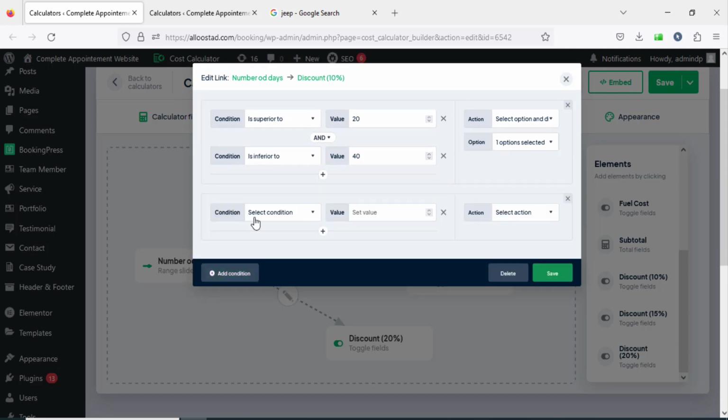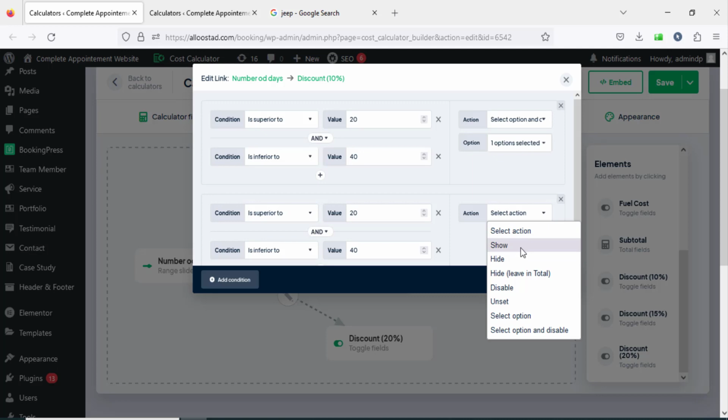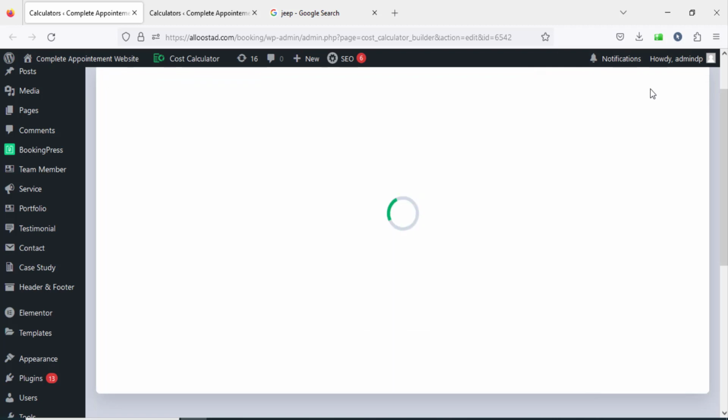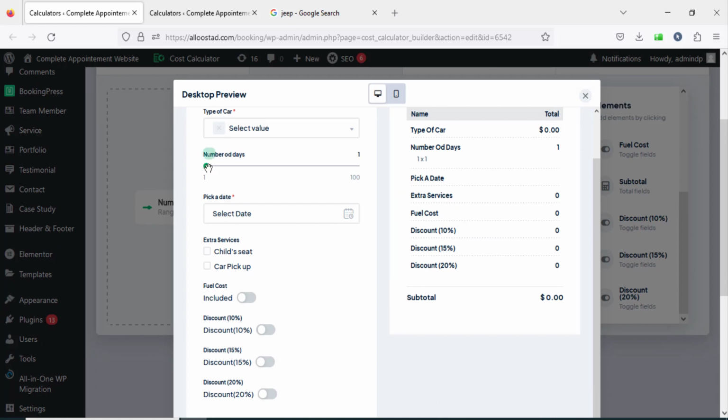Another one is the same condition: superior of 20 days and lower than 40 days, then in action it will be shown. Click now on save your calculator, and let's check the result. As you see here, if I choose more than 20, it's now used. Now we are using this button, but the problem that we have here, we have to hide